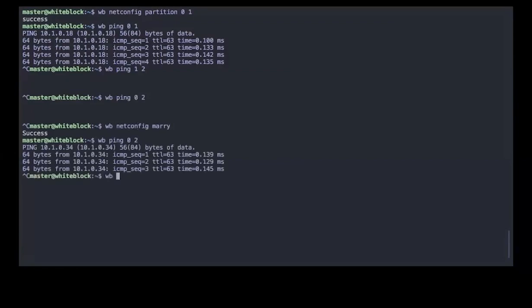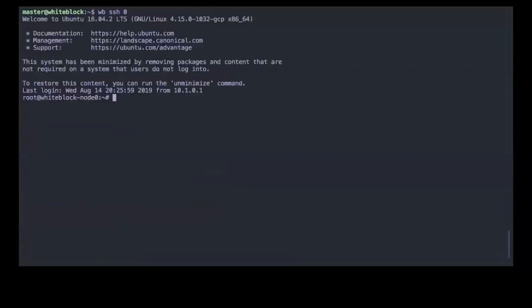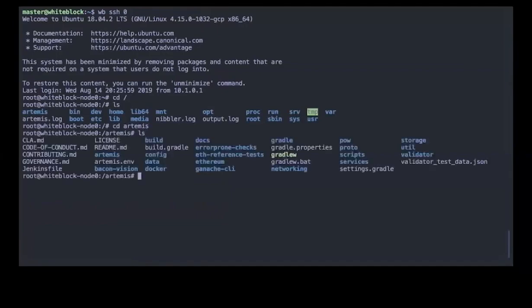So some of the instrumentation we allow also is based on the ability for us to interface with the software running inside the nodes. And for that, we allow you to SSH directly inside the node itself in its software. So you can actually see how things are going inside. Every file, everything is available to you. You can perform all sorts of tooling and testing inside the node itself.